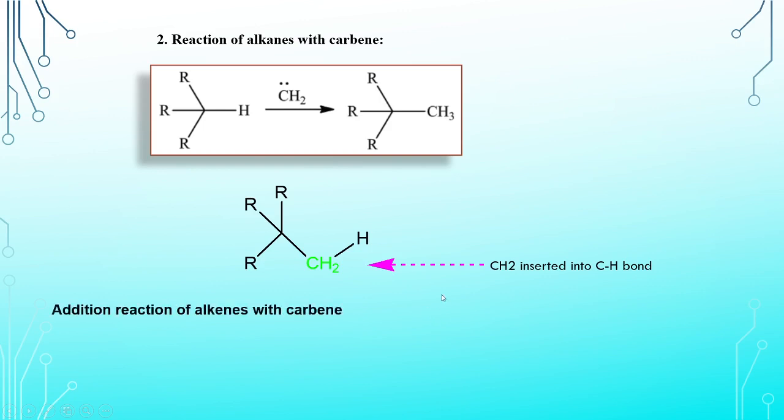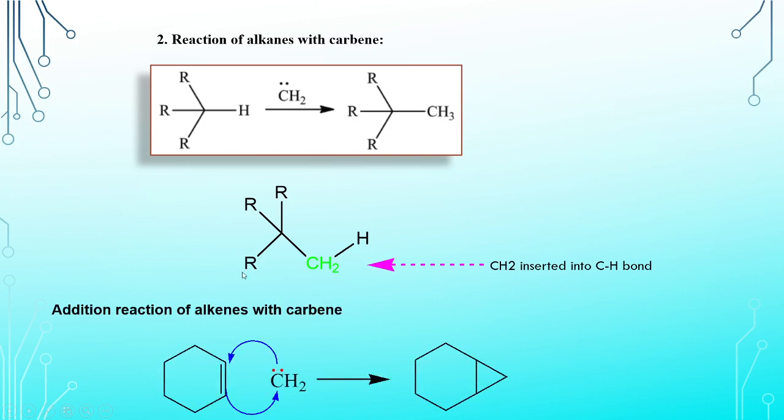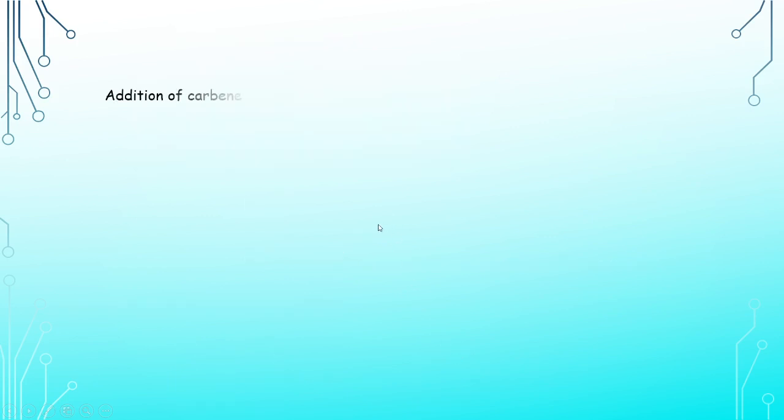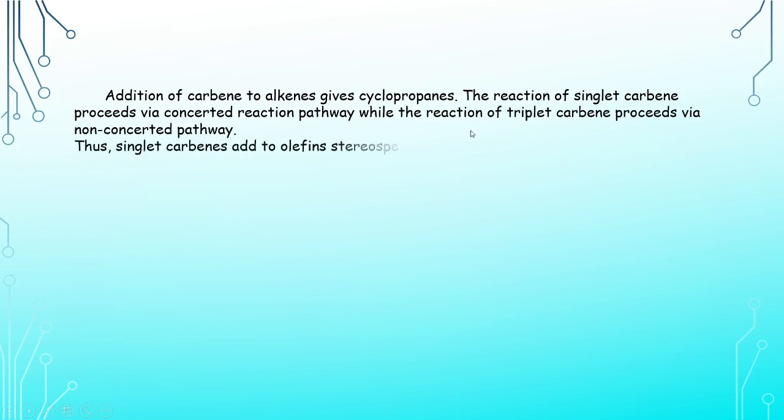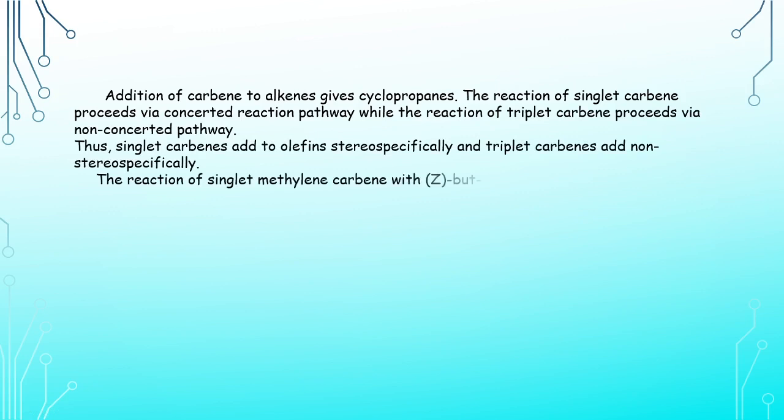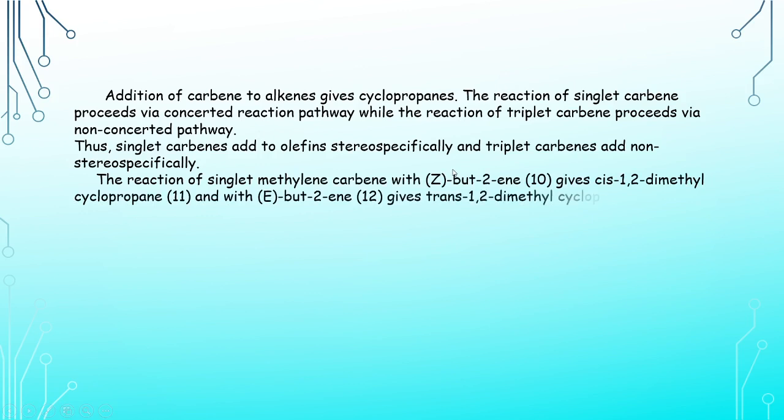Addition reaction of alkenes with the carbenes. Carbene also reacts with the alkene, and there is an addition reaction forming the cyclopropane ring. The addition of carbene to alkene gives cyclopropanes. The reaction of singlet carbene proceeds via a concerted reaction pathway, while the reaction of triplet carbene proceeds via a non-concerted pathway. Thus, the singlet carbenes add to olefins stereospecifically, and the triplet carbenes add